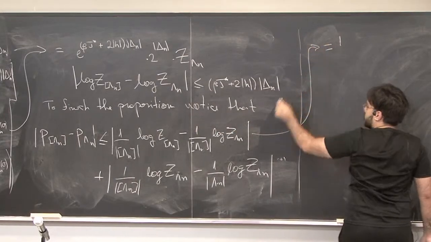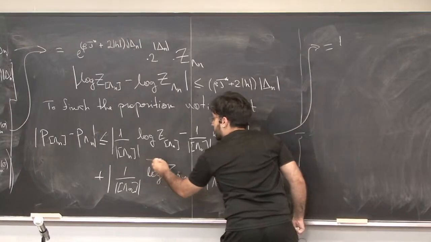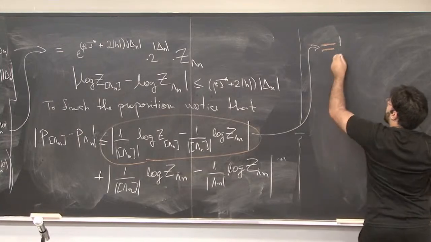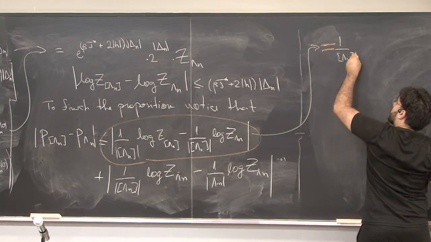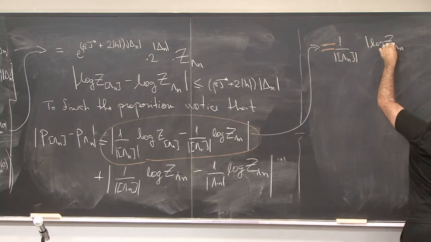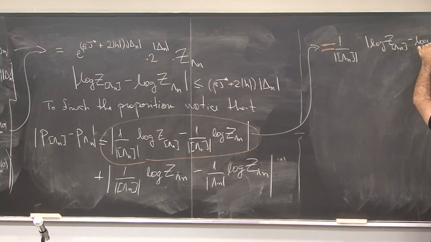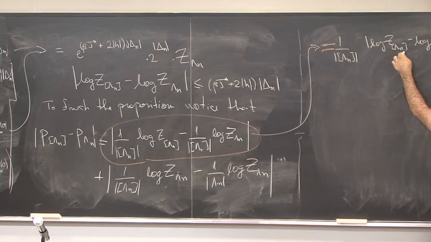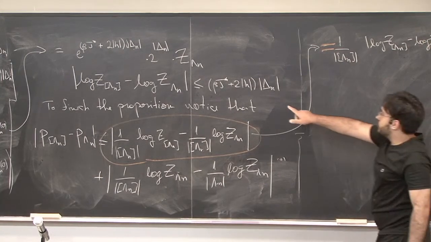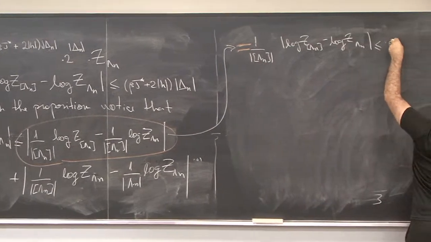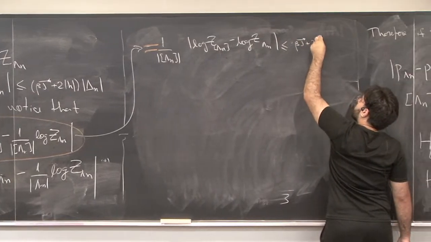So this part right here in orange will be equal to 1 over lambda n, the cover lambda n times the absolute value of the difference. And by using this inequality, I have that this term is less than